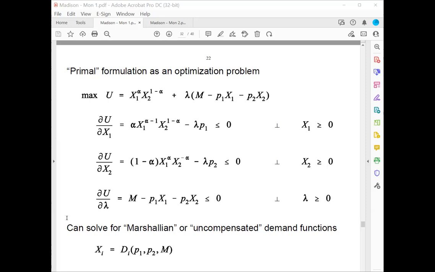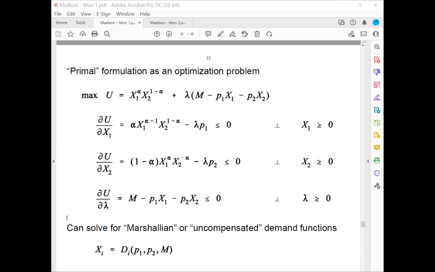There's three first order conditions. Everyone does this in either final year micro in undergraduate or master's micro. There's three first order conditions corresponding to the three partial derivatives of this function. And I've written them out there. And the complementary variables are X1, X2, and lambda,